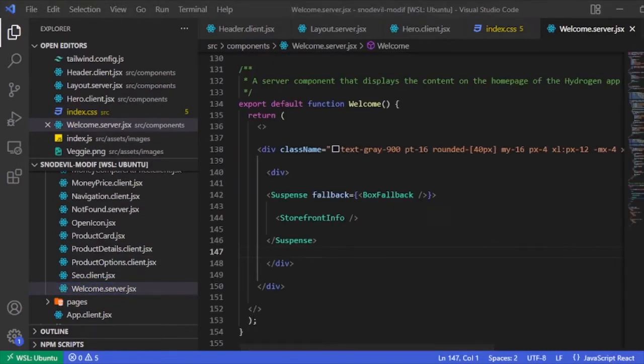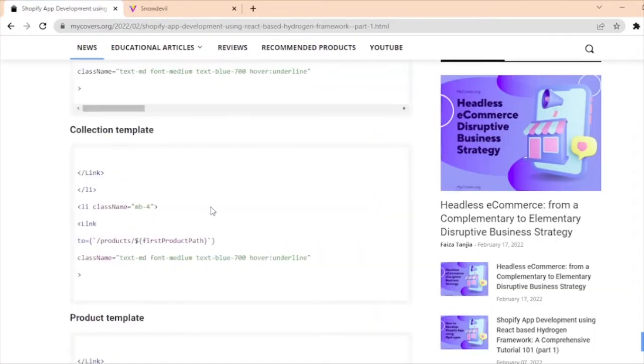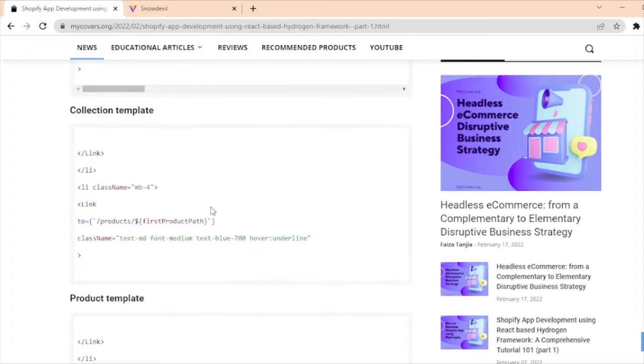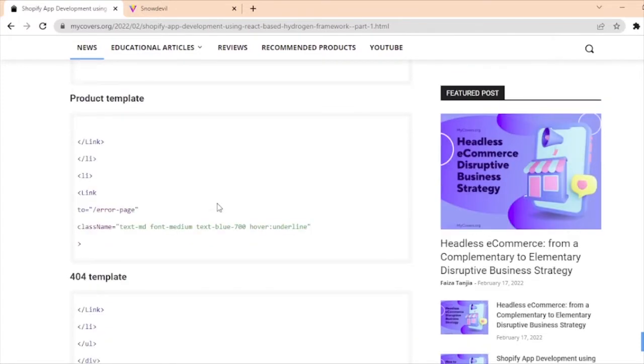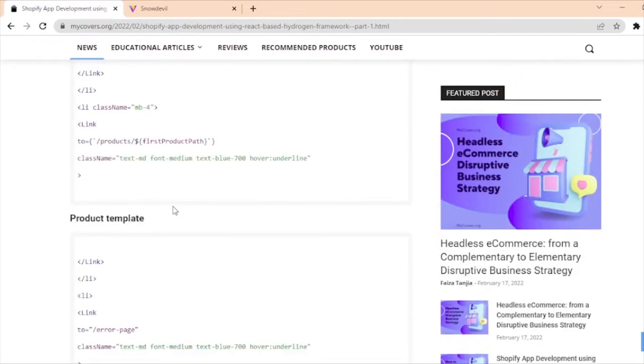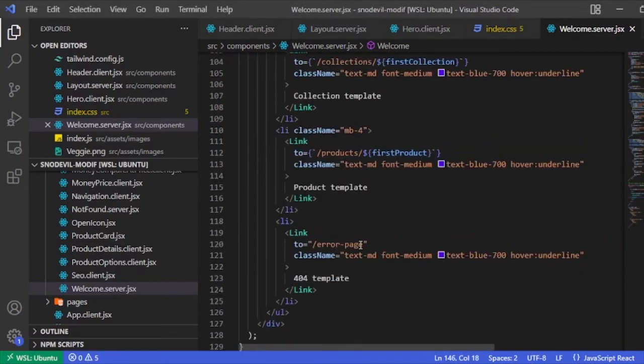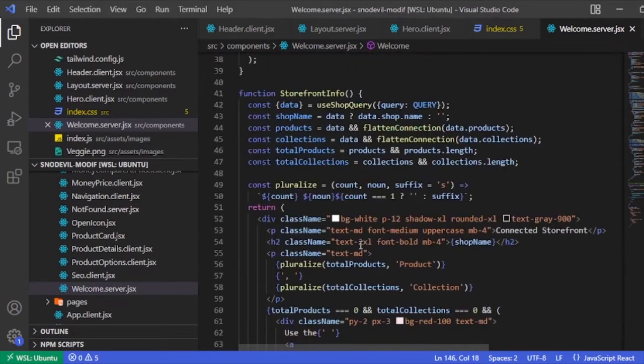Then on the export default, paste the code inside. And then we need to remove the unused components that we won't use on the export default. Scroll up and remove all of these functions. After removing the functions,